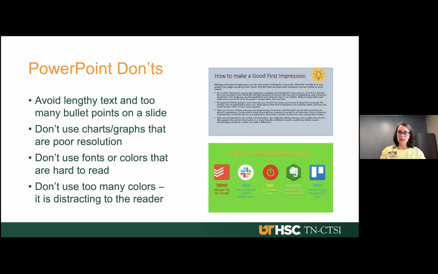I personally like a plain white background with a good darker font on top that has some contrast. Now, I do use the orange in a lot of our stuff because we're UT, and I think that just goes with the branding, but I try to limit my orange use to a very, very limited amount of it. The meat of it, what I really want people to remember, that's in the dark green, which is also a branded color,